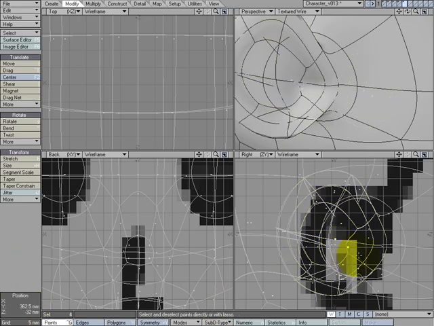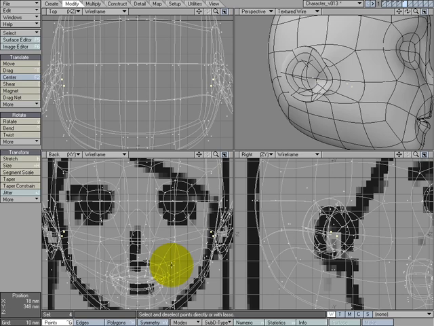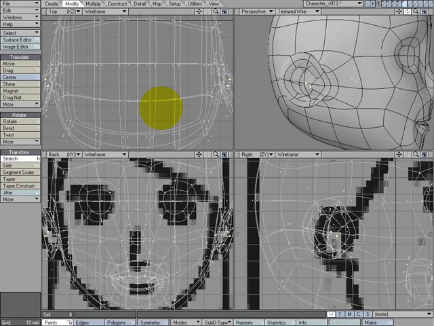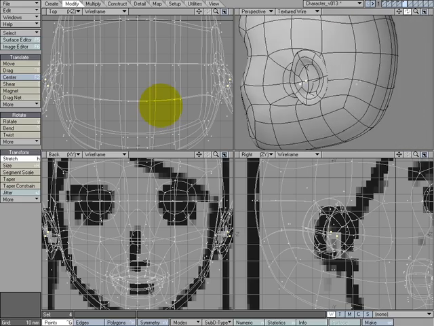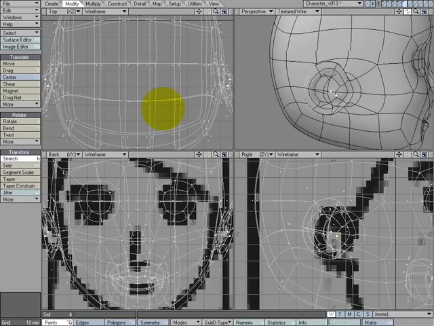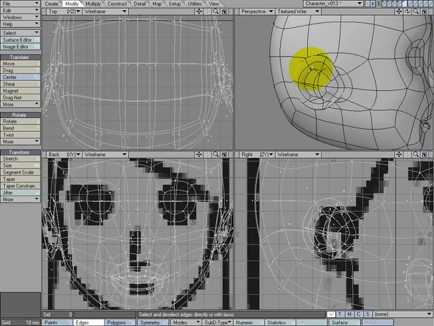Okay, select these, point selection mode. Select these inner ones, H for stretch. I'm going to stretch them outwards in the front view here. Now you've got to be careful because you notice that I've kind of cut the ears and sort of pushed them back in too far, so they're cutting with the polygons underneath. So what I'm going to do